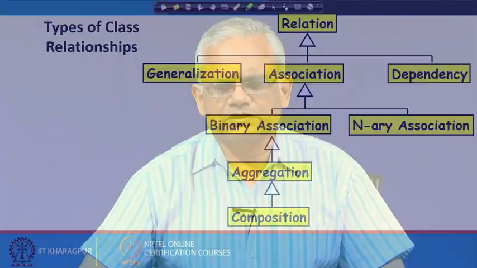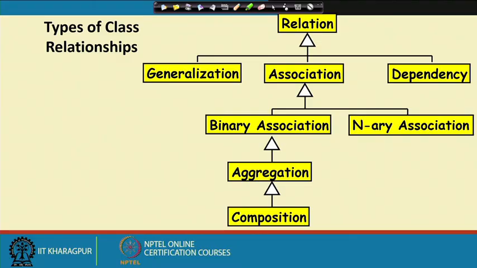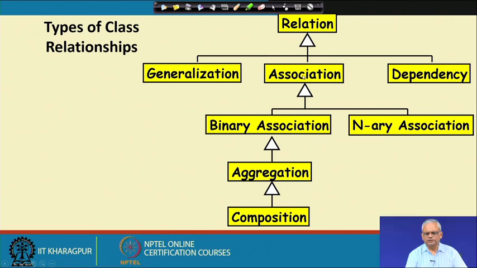The types of relation that so far we have discussed between two classes can be generalization, specialization, association or dependency, and the association can be a binary association or n-ary association, and a